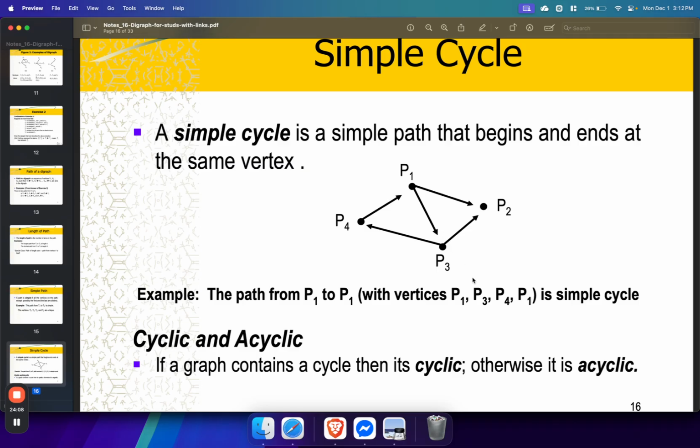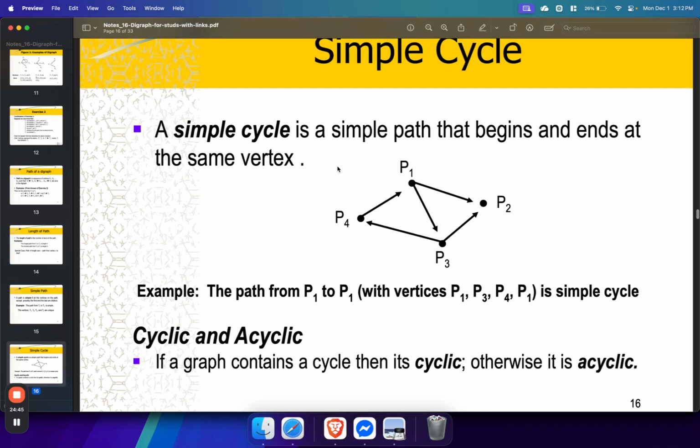Additionally, pwede po siya nga, sorry. Wala naman dahil P2 to P1, so that's my mistake. It's not actually P2 to P1, because take a look, from P2 there is no arrow going to P1. So the path is actually from P1 to P3, P3 to P4, and then P4 to P1. So naara dito sa ubos, wala ko nagbasa. So the vertices P1, P3, P4, and P1 is considered to be a simple cycle.